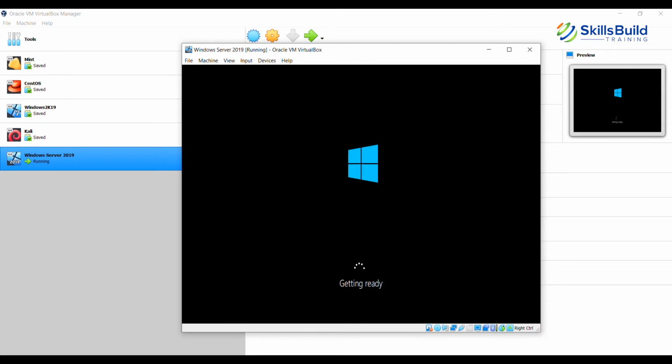And if you want to do this kind of installation, just remember that you can always download the evaluation version of Windows Server 2019 from Microsoft's website, and Oracle VirtualBox Manager, or VirtualBox, the product itself, is completely free. You can download it from Oracle's website, and you can also download the 120 days evaluation copy of Windows Server 2019 and try it out yourself. And it's a good experience that you will gain in terms of doing the installation and trying to play around with the operating system after the installation is done.